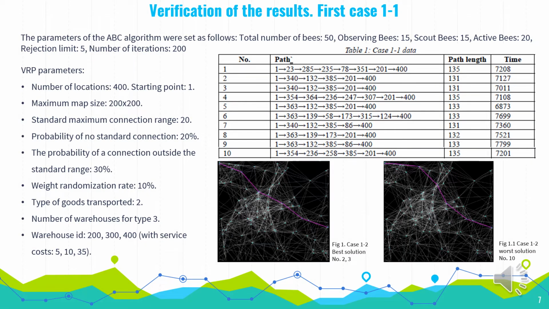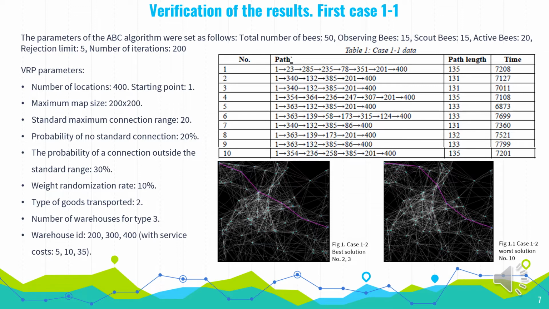This slide shows the obtained results. We have a couple of cases of results, each of them calculated with different parameters. For instance, in this scenario, we have a total number of bees of 50, including 15 observing bees, 15 scout bees, 20 active bees, where the rejection limit is equal to 5 and the number of iterations is 200. For these parameters and the VRP parameters stated below, we obtained 10 main results, and here are the results shown